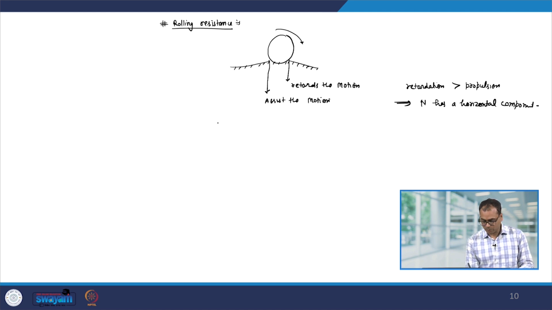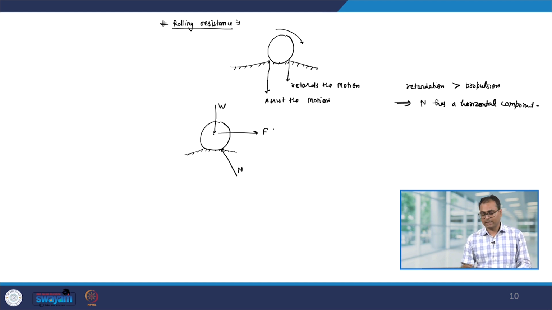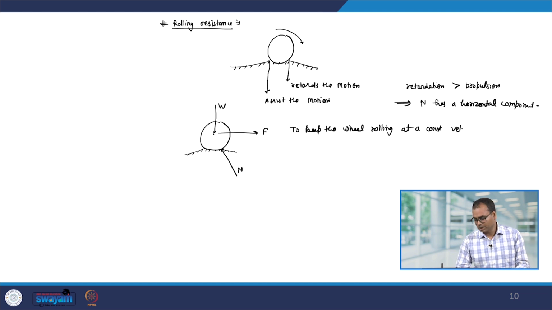So, the situation is the following: you have this wheel and we have the normal force N which has a component along the horizontal, its weight is W and you have to apply a force F so that this wheel keeps rolling at constant velocity. So, to keep the wheel rolling at a constant velocity,